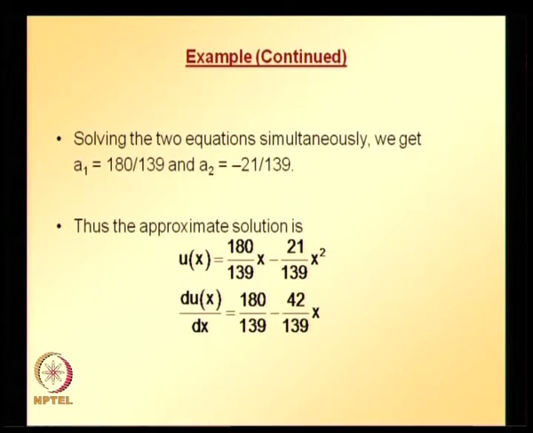You get the approximate solution for u, and if you want you can take its derivative, because for this particular problem we can also easily find the exact solution for u, and from there we can find the exact solution for the derivative of u. So to make a comparison of how the approximate solution matches the exact solution, here the approximate solution of u is obtained by substituting the a1 and a2 coefficients into the admissible trial solution a1x plus a2x square, and taking the derivative of it we get the second equation. So now